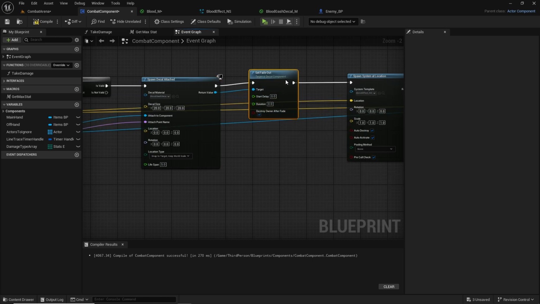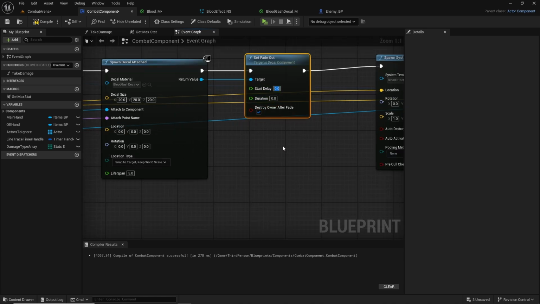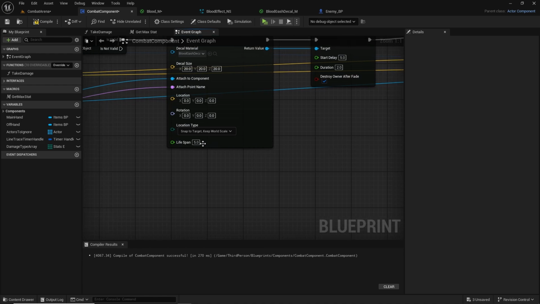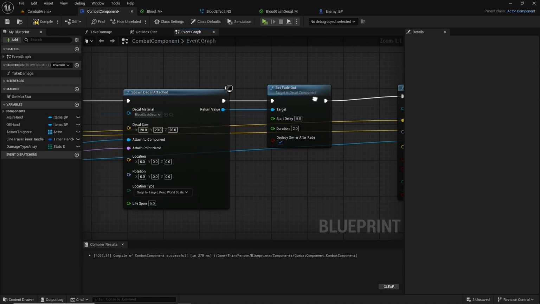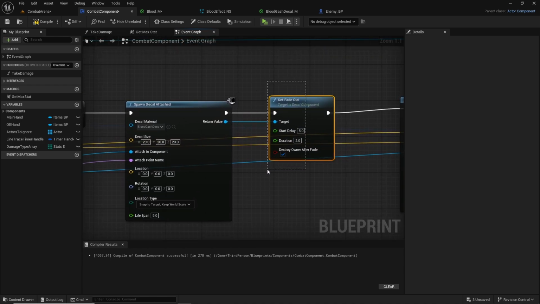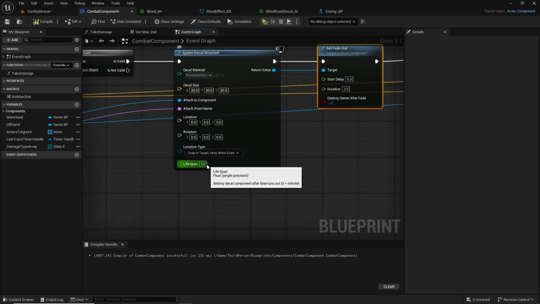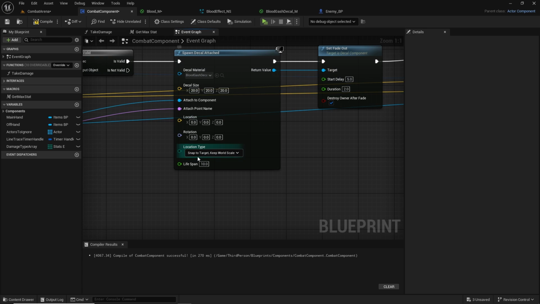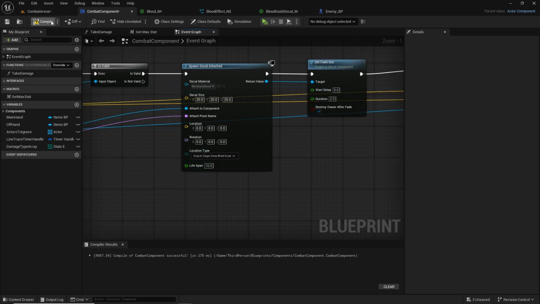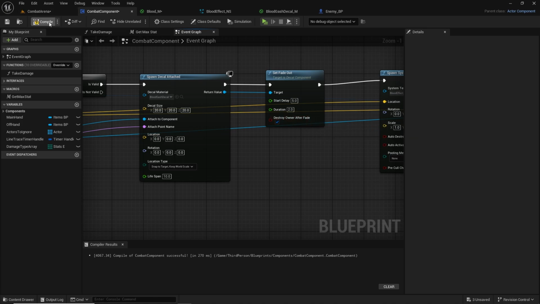And here what we want to do is start delay, so we can set it up here to 5 seconds, and duration, how long it will fade. It will fade for 3 seconds or maybe 2. And here lifespan, I'm not sure if it actually destroys automatically after it fades out, but just in case it doesn't, I'm going to set this to 10 seconds, so this will be finished already, and then with lifespan it will get destroyed. This on its own won't actually work because we need to set a node in the material